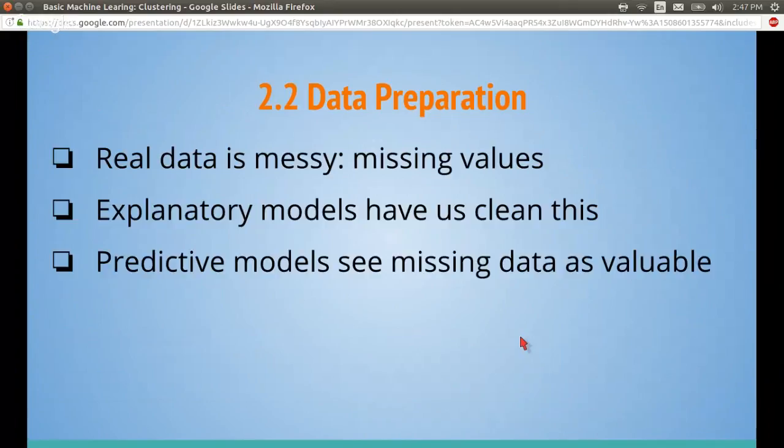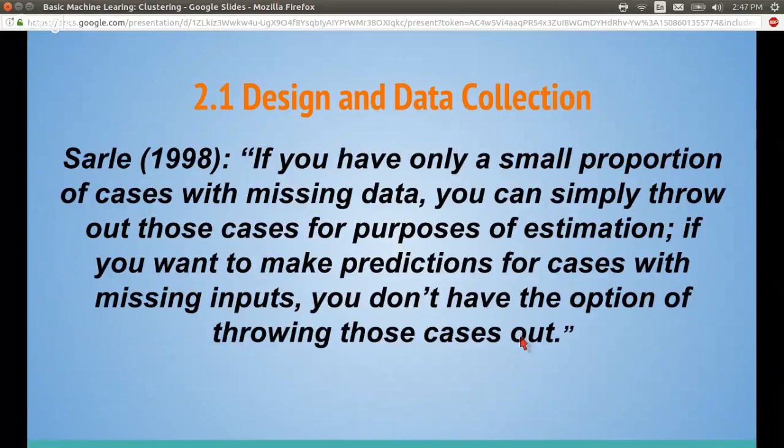I just thought it was an interesting point that I've never seen brought up before, that missing data is itself data and can be used with machine learning methods, but it doesn't fit into standard statistical analysis. Here, he talks about it right here. If you have only a small proportion of cases with missing data, you simply throw those cases out, right? We've all seen outliers where we just throw data away, and you do an analysis and say, is this within 3 standard deviations?